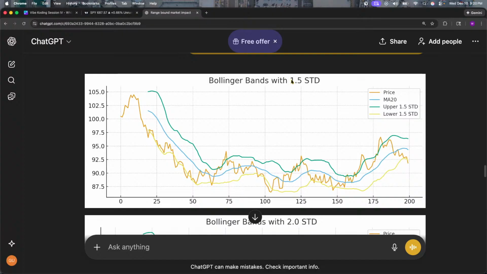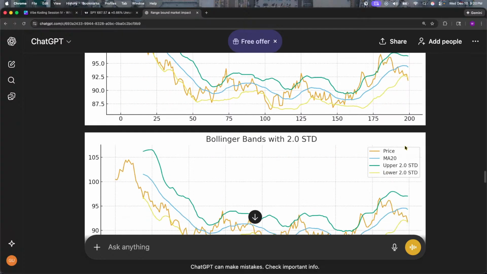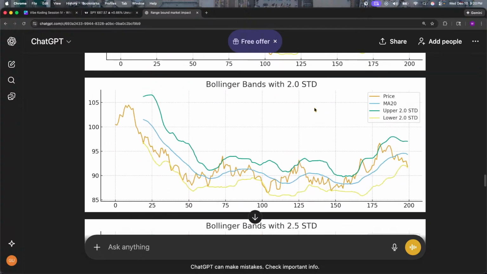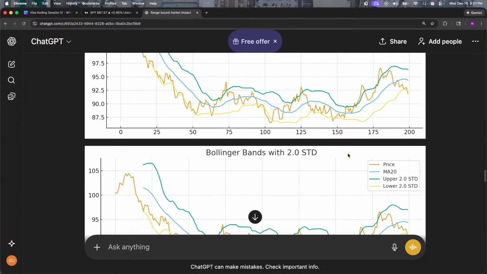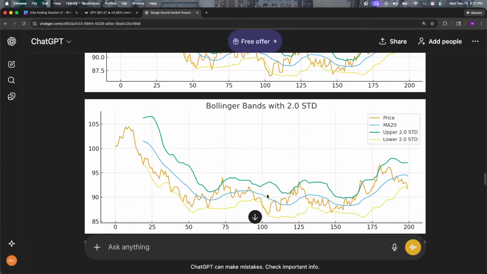So what I'm proposing is that we start at 1.2. Yes, being a little bit more reckless. I just want to see how the strategy is going to perform, and then we can tighten accordingly. So 2.0 is a little bit more wide. You see how 1.5 was a lot tighter. 2.0 takes a little bit more price movement for us to hit support or